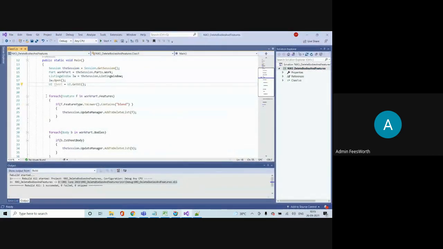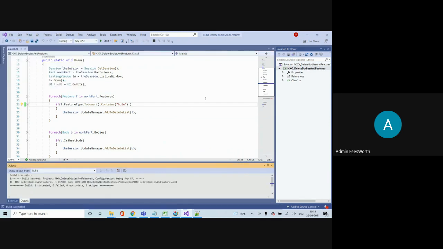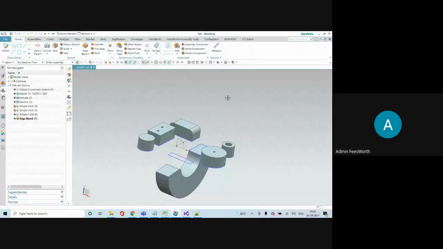Once you know the basics of this programming, then you know how this is working. I'm just going to change it here to hole. That's all. So now I'm expecting all the holes to be deleted. Gone. Hole also and fillet also.